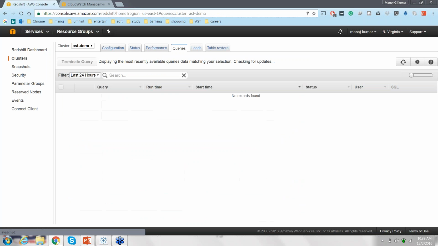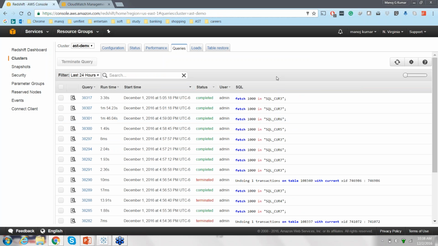And the next one will be the queries. In this tab, we will be seeing what are the queries we are running in the last 24 hours or last hour. So when I'm running a query in my SQL client, this will show up. So what I did in this SQL is I'm fetching the